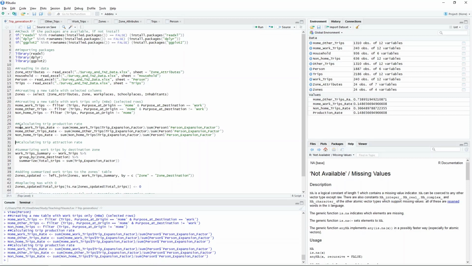So the first trip purpose is home-based work, which will have a production rate that we already calculated, 14.8%. The next one is home-based other, so the trip starting from home, but going not to work but to other places. That is 73.8%. So a lot of trips are home-based other than work, which is okay. And then non-home based trips, that is, okay, all the trips